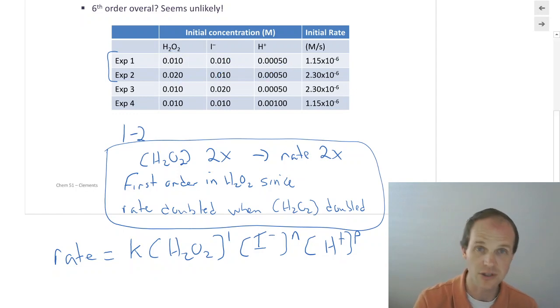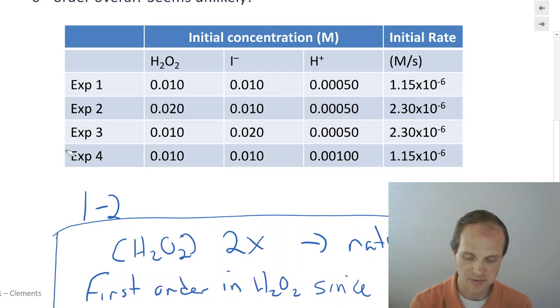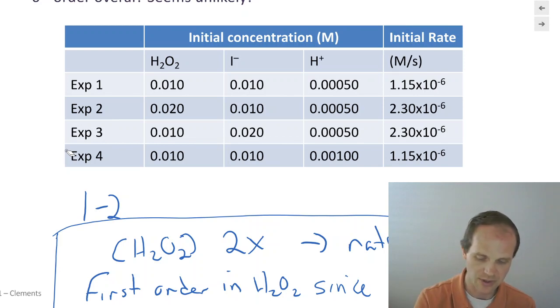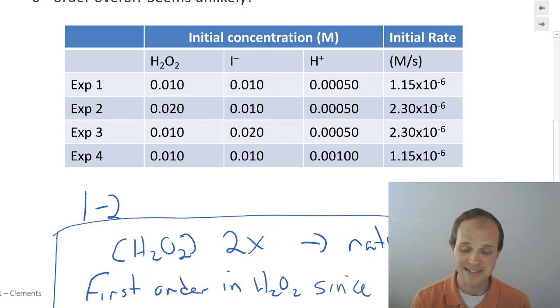So what we're going to do is look back up at that table up there. Let's blow this back up again. We've already done experiment 1 and experiment 2, so we can't use those again. We want to find another set of experiments where only one thing changed. Well, you're like, let me just go down the table. Let me look at 2 and 3. In 2 and 3, H2O2 changed and I minus changed. That's not the best one. We might have to use that, and sometimes in the more complicated cases we do. But let's see if we can find a way of not using it.